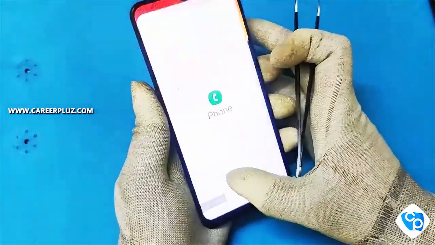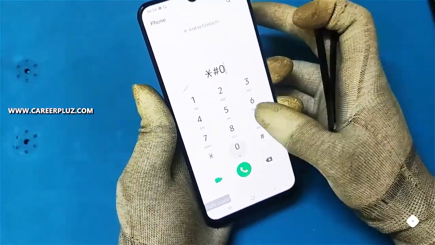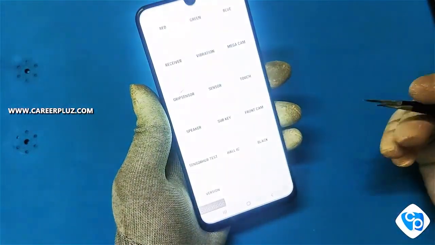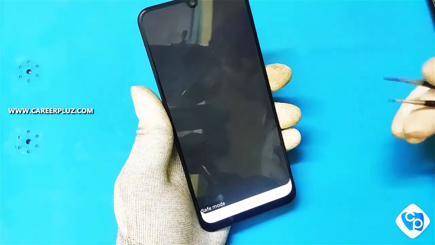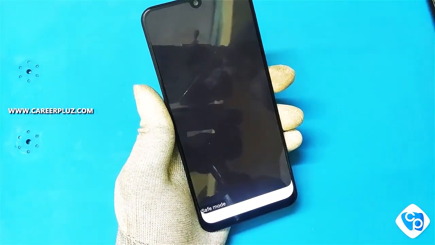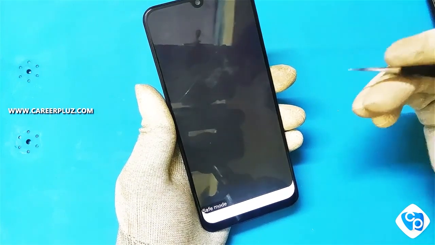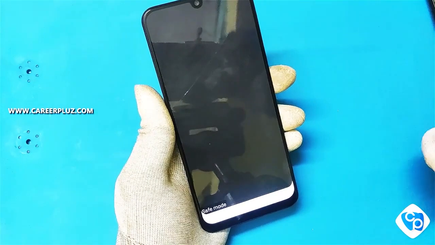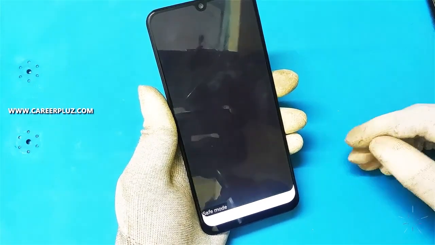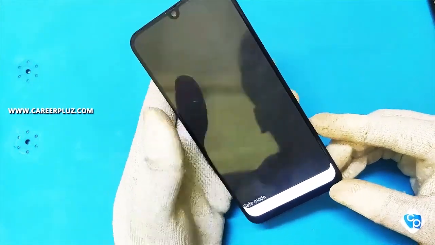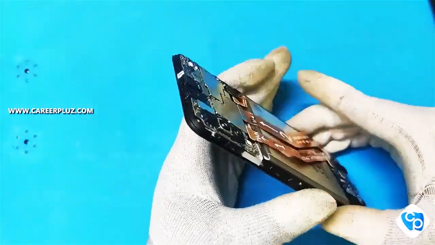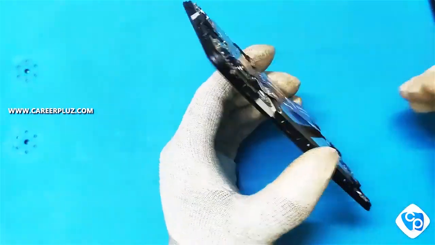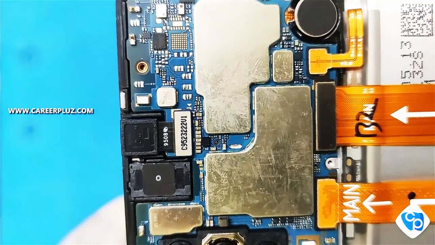Now dial the code *#0*#. Now going to the sub key option. Before, when I checked volume down key, the color doesn't change. Now directly I am going to short the capacitor with volume down key and ground key. While shorting, we can check whether the color is changing or not. Because of continuity, I hope the color will change. I will show you now.